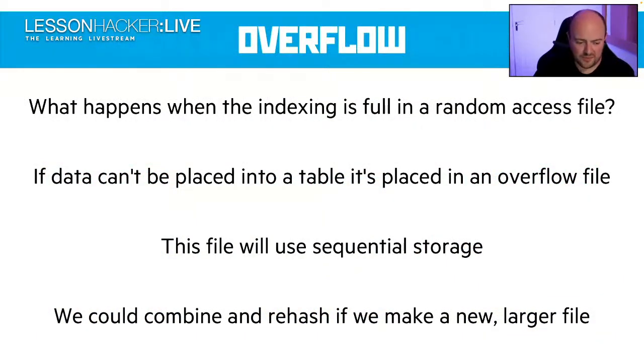Overflow in a hash table then. What happens when indexing is full in a random access file? Well, first of all, if it can't be stuck in there, we stick it in an overflow file. And all an overflow file is, is sequentially stored. It is like, oh, our clever process didn't work. Let's stick it in a file just in the order that it came in. Now, we could be clever and we could rehash everything and make more space, but we need a larger file. We need a larger hash space for that anyway. So